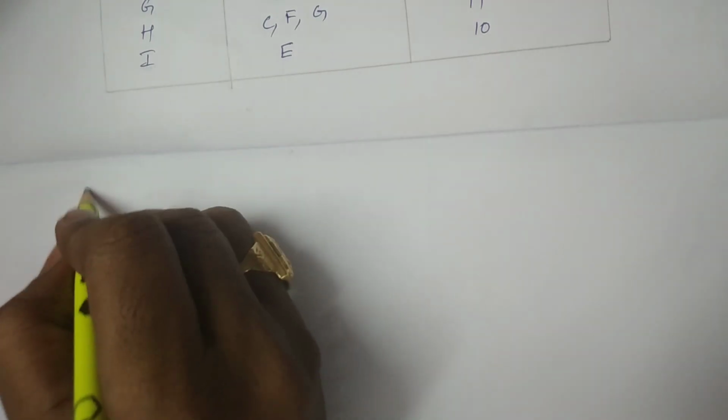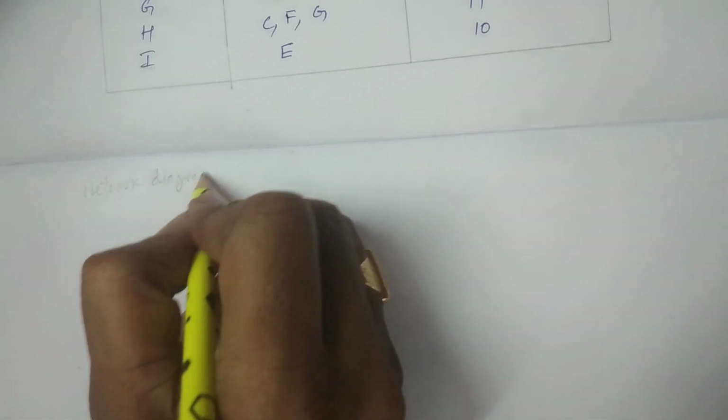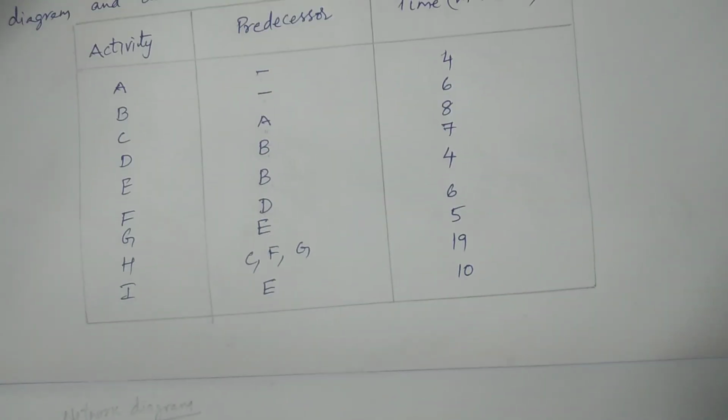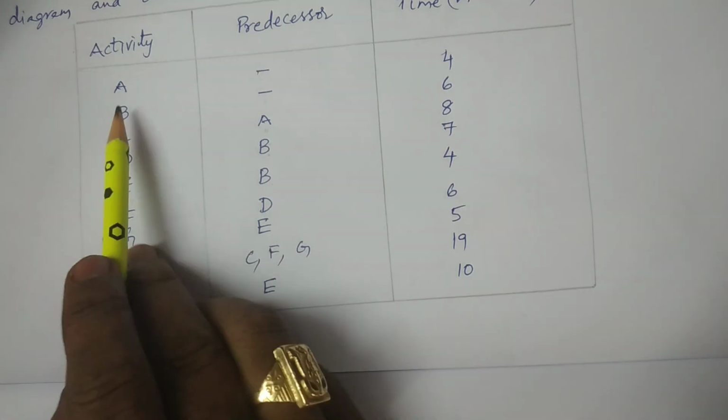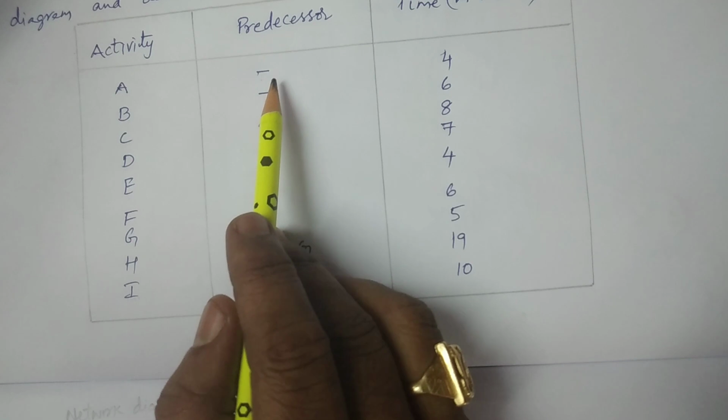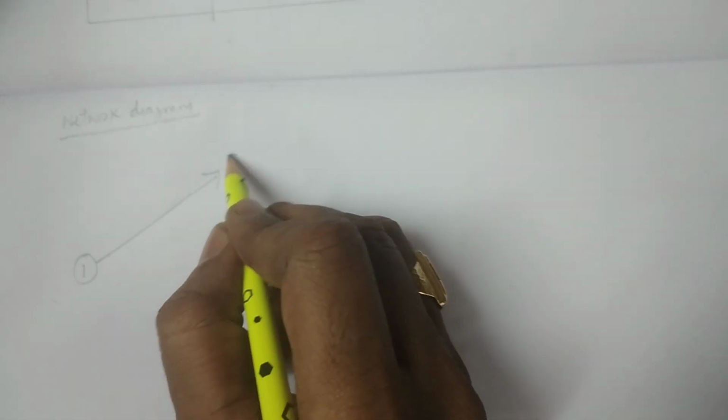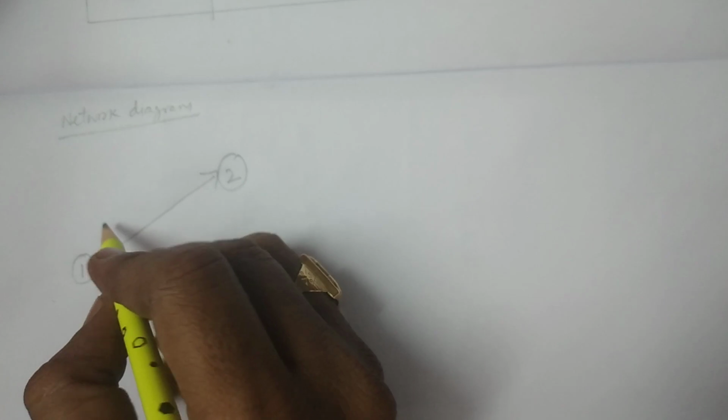So I'm writing here, network diagram. Based on these conditions, we construct the network diagram. A and B are two starting activities which have no predecessor activities. Therefore, I'm constructing A and B first of all. For example, I consider this is event 1. Then I'm considering A in this direction. Let this be event 2, so that A is formed. The duration for A is 4